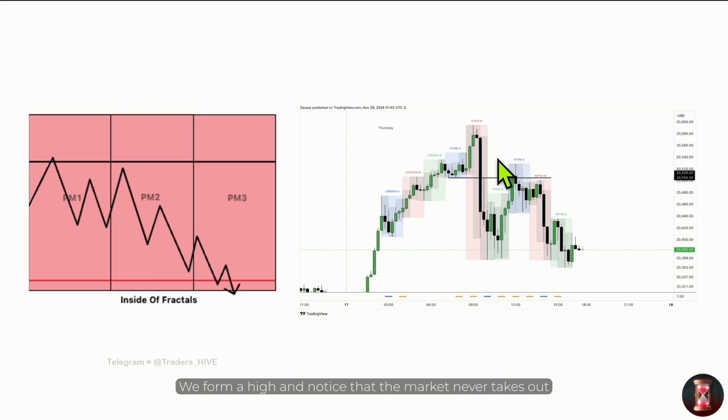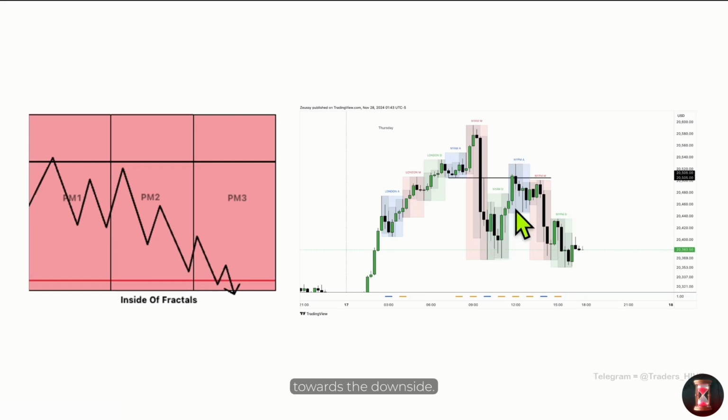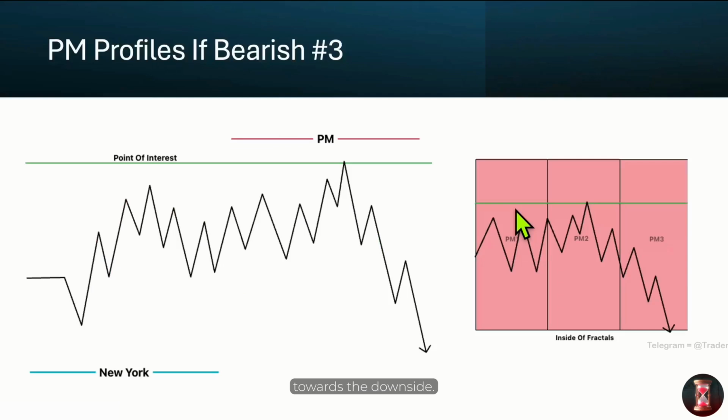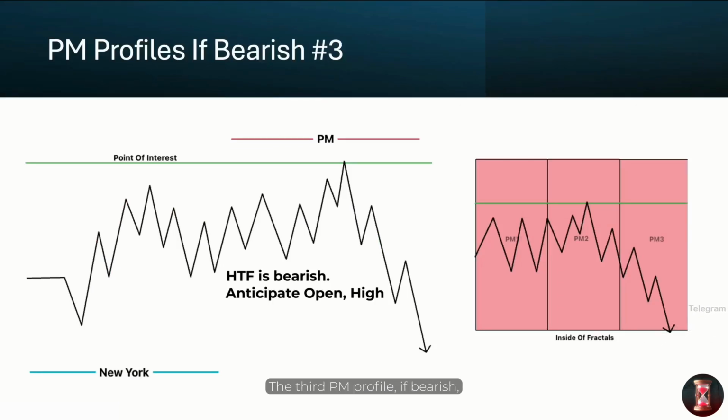We form a high, and notice that the market never takes out this high before expanding towards the downside, drawing towards the real objective. This is a beautiful PM session profile where there's a rush for the market to be repriced towards the downside. The third PM profile, if bearish, is a PM profile in which you can see that